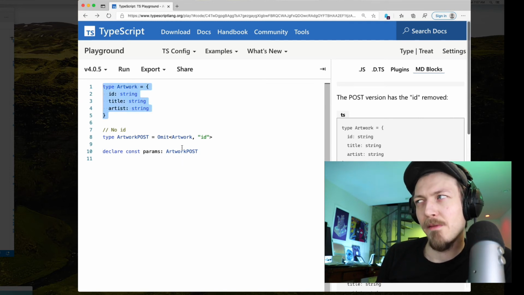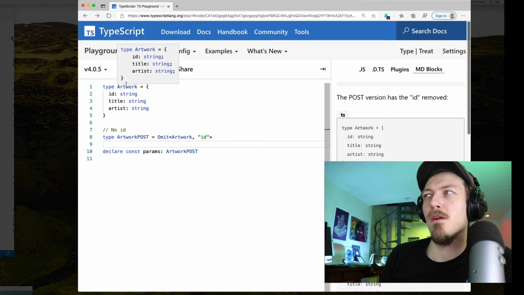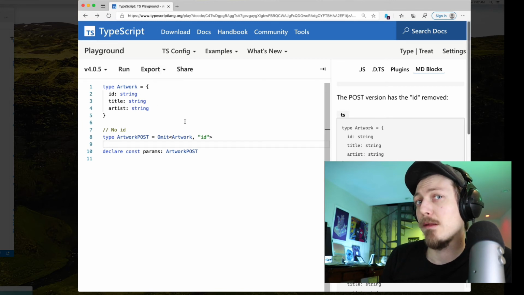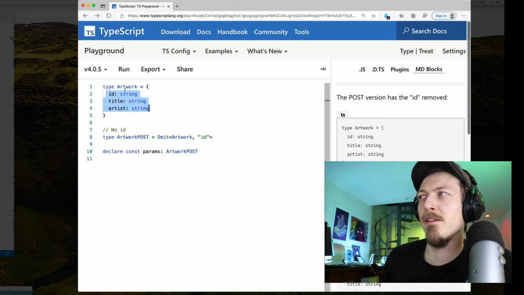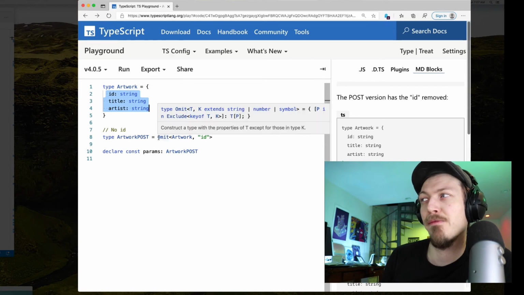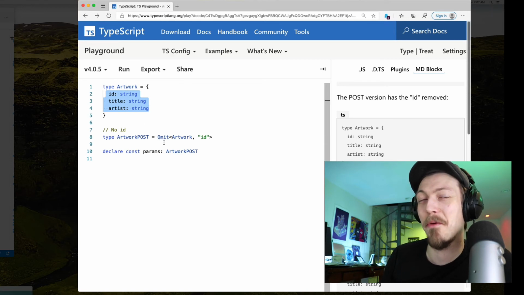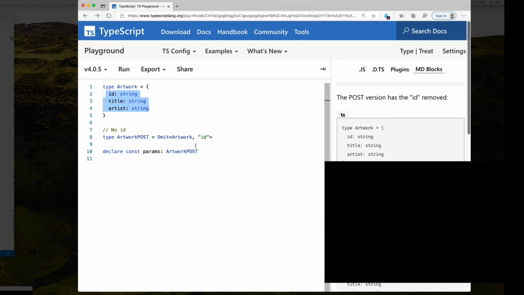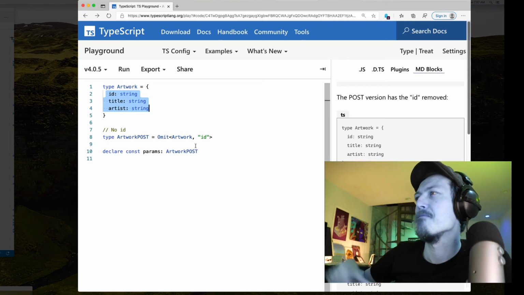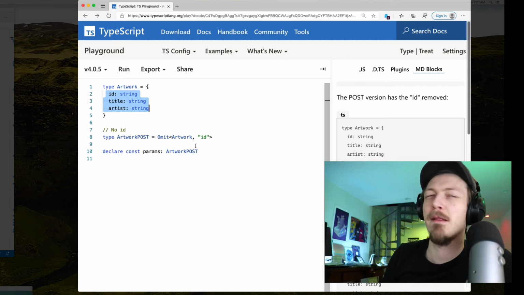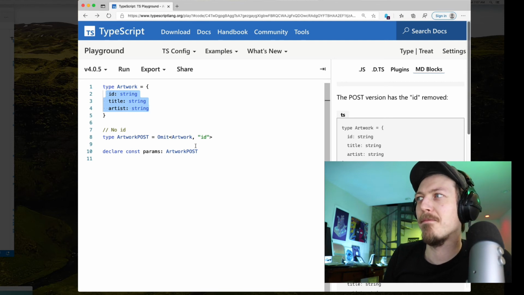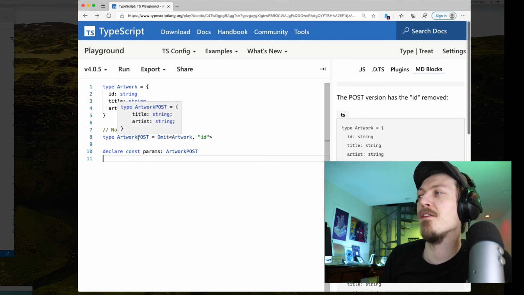We can start getting something a little bit more complicated here, right? For the post, you do not know the ID of an artwork because you're creating one. So you take this type artwork, and you use a thing called Omit, which is a globally available type that has some funky code under the hood that removes it.